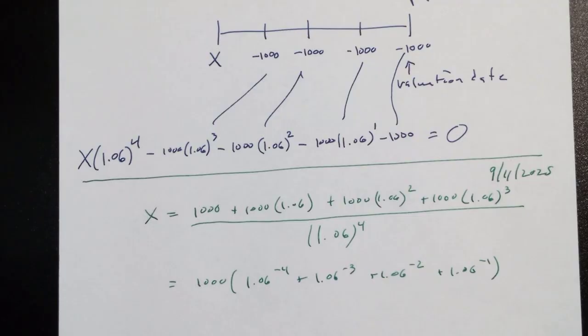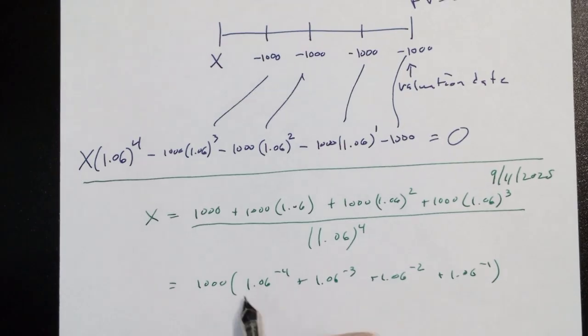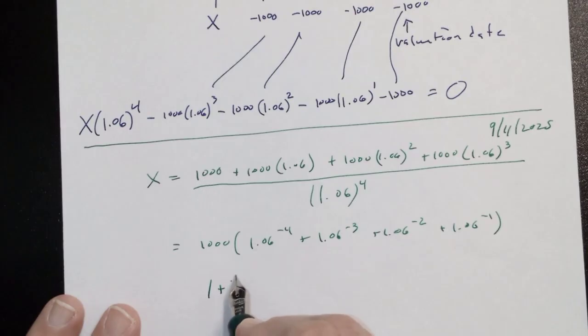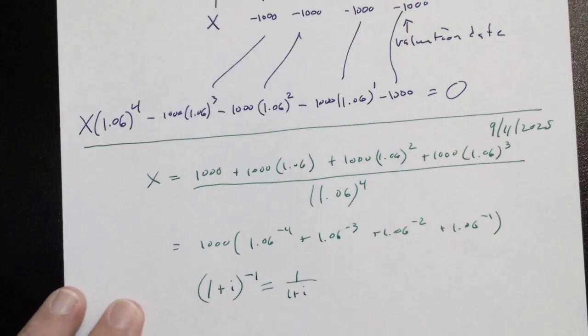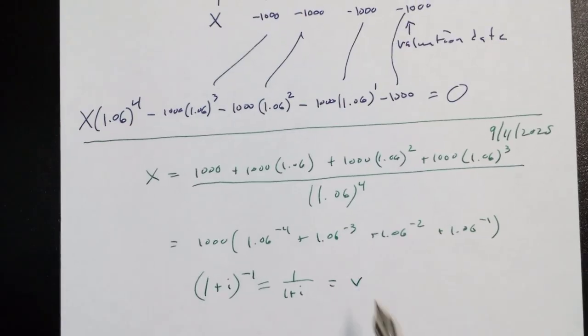Okay. What I'm noticing though is I say, wait a minute, when I see 1 plus i to a negative power, we gave that a name. Remember what we called it? Aha. Which means this